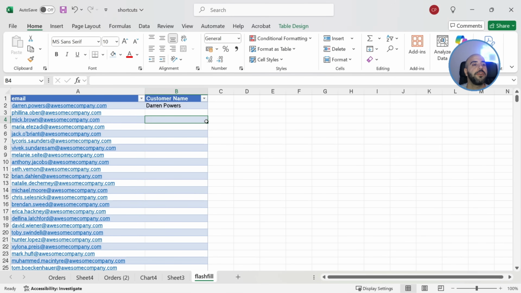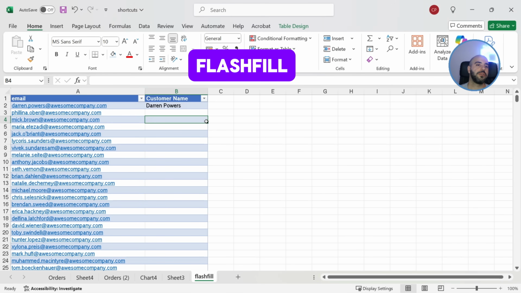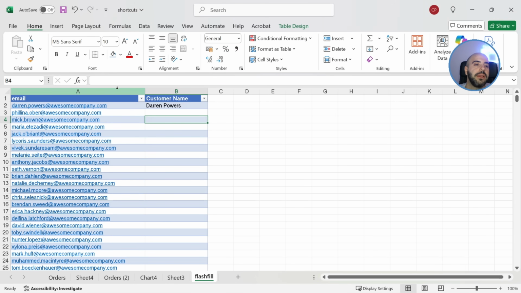Another shortcut that I'm very excited about is the flash fill. So imagine that you have a column with the emails of your contacts or your sales prospects, and you would like to come up with their names so that you use that in future communication, for example. What you can do is start by typing what it would look like for the first one of the contacts here. So we have email